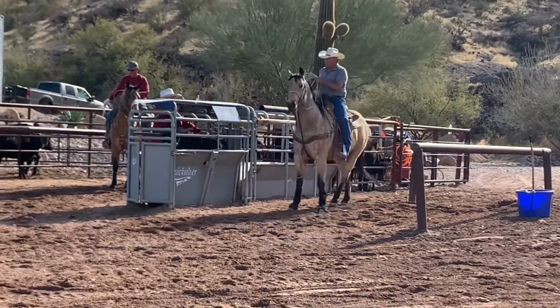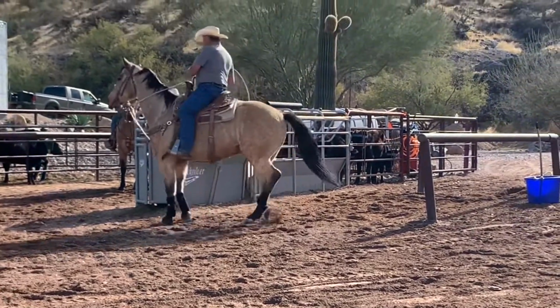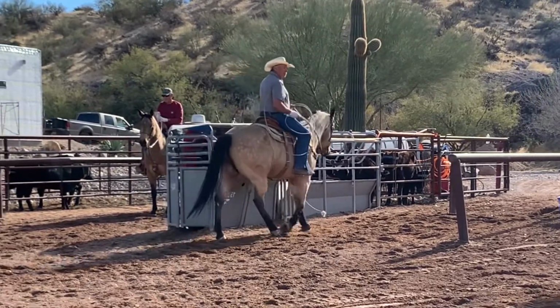The other thing you have going on is your left rein is shorter than your right rein. And if you need to get his butt and you're riding around with the full,